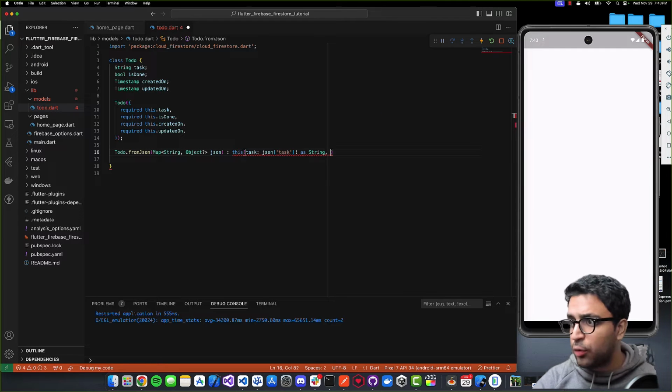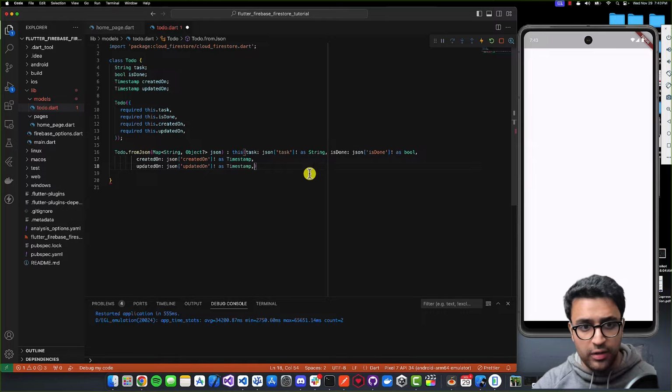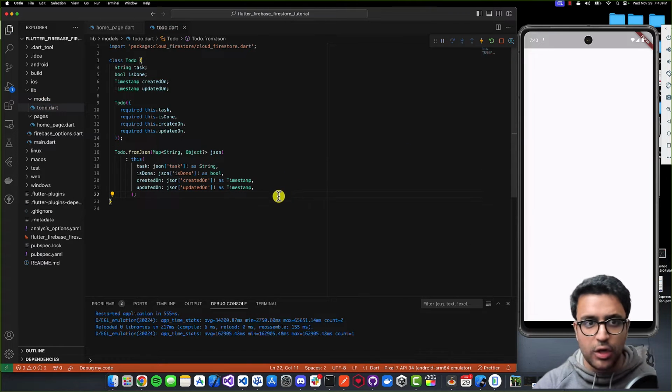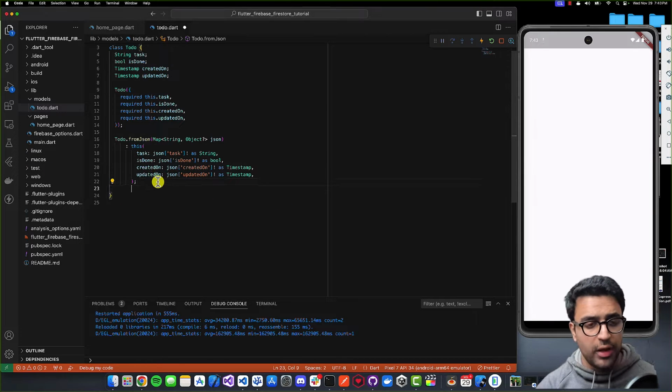And once this is done, I'm going to follow the same structure for the other three properties, which are is done, created on, and updated on. And I'm casting them as a bool, timestamp, and timestamp like so, and then do command save. So now that we have the factory method created as well, another method that I'll create is going to be